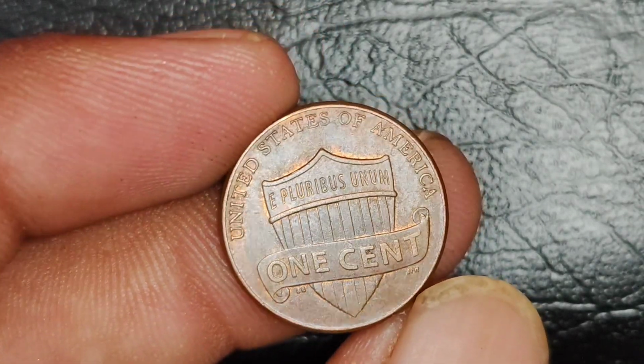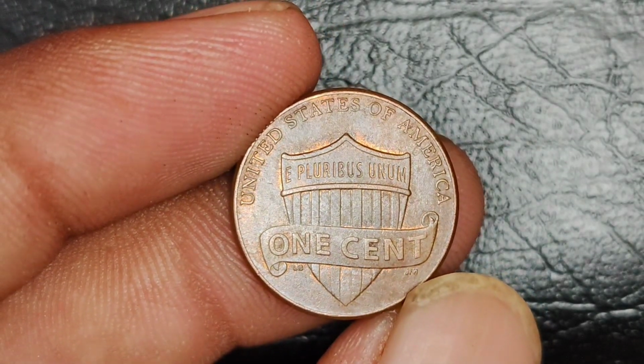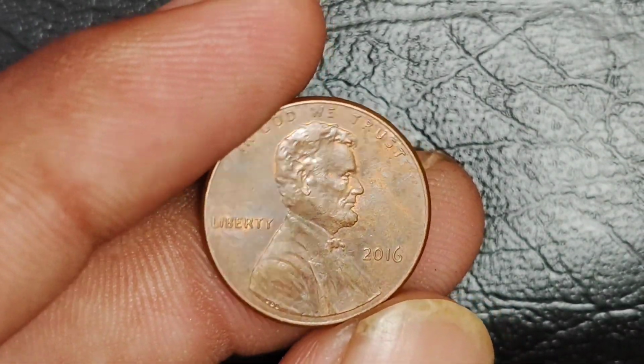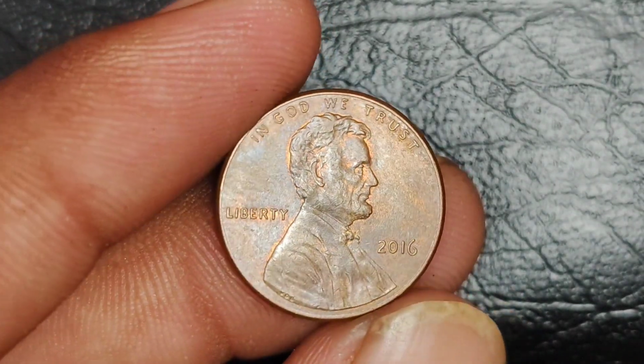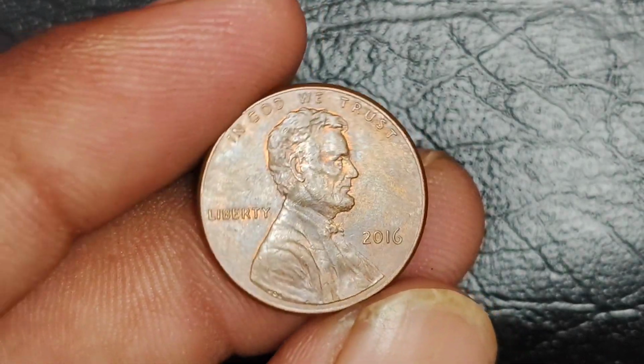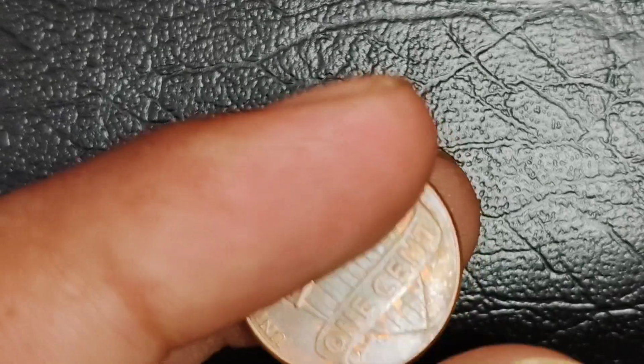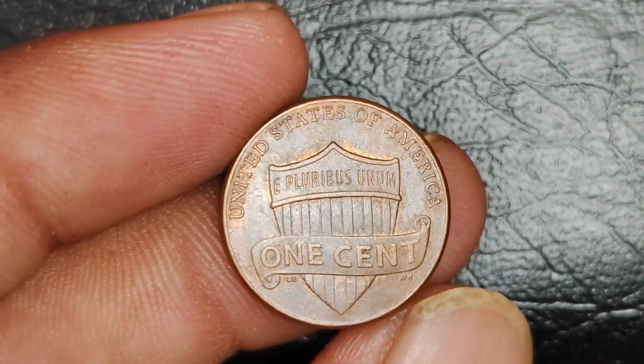If a coin is sought after by collectors, its price can skyrocket. A rare error 2016 penny in top condition can attract buyers willing to shell out big money, and sometimes even millions. Now, let's get into some specific errors you should keep an eye out for on your 2016 no-mint mark